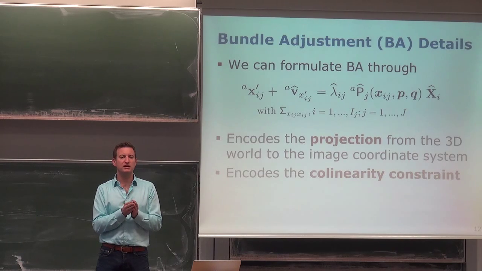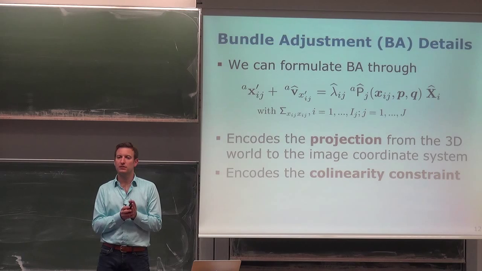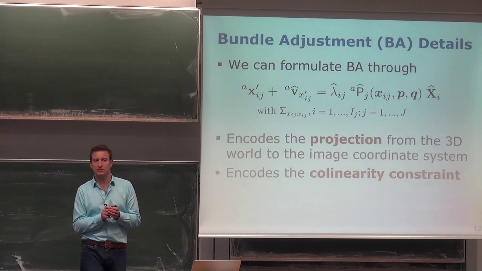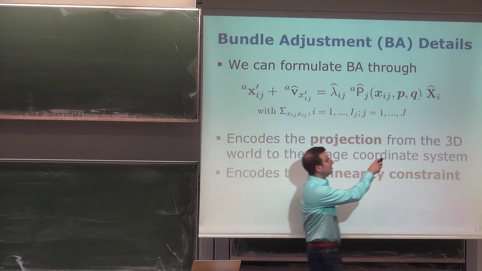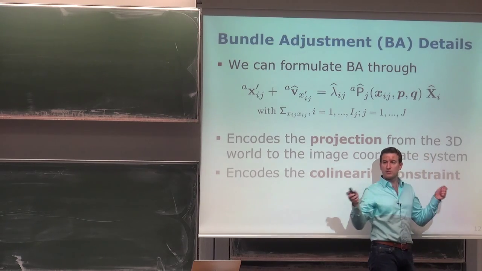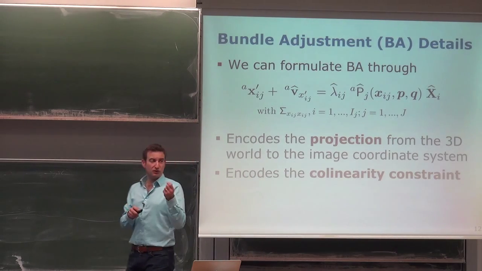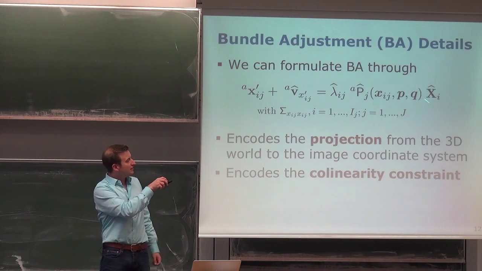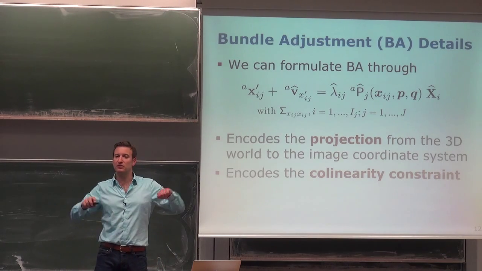So something which originally encoded using the fundamental matrix and how the point is actually mapped. Why is this encoded in here as well? It is encoded because I'm observing the same point in different images. They are all mapped, and only if the estimate of this location is correct will those points be mapped to the same pixel